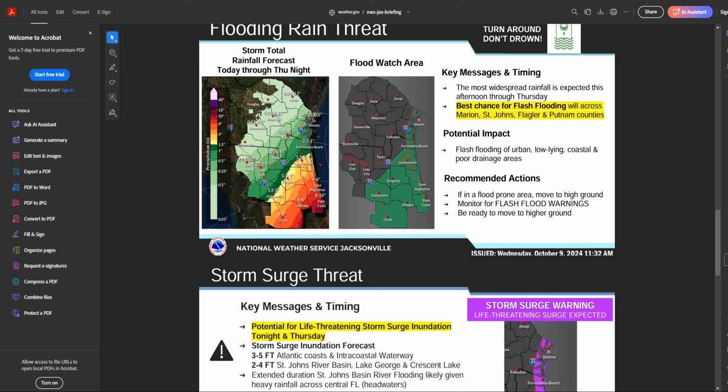You guys are looking at probably another 2 to 3. I would say these totals maybe are a tick lower than I would like to see. But there's more rainfall to come, and just remember that the soil is saturated, lakes are full, ditches are full, drainages are full. You're going to start having debris everywhere, so storm drains are going to get clogged. It will lead to localized flooding across Jacksonville,